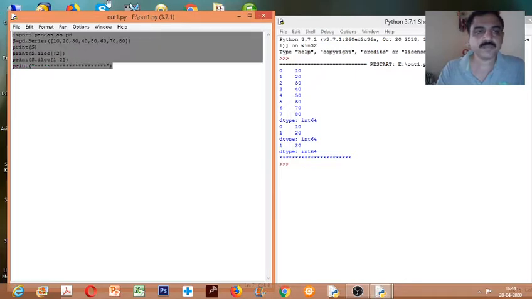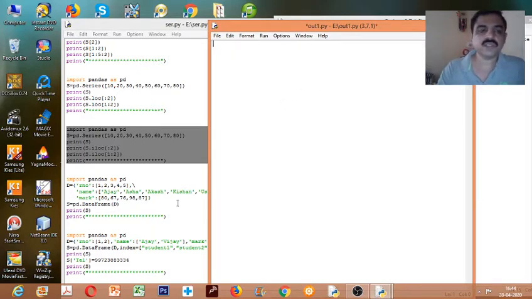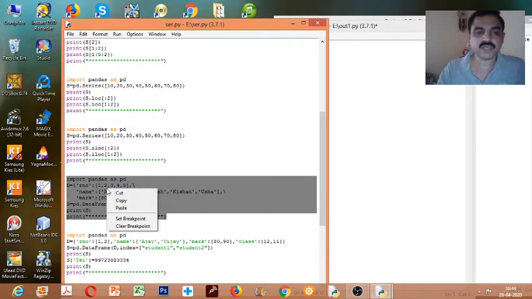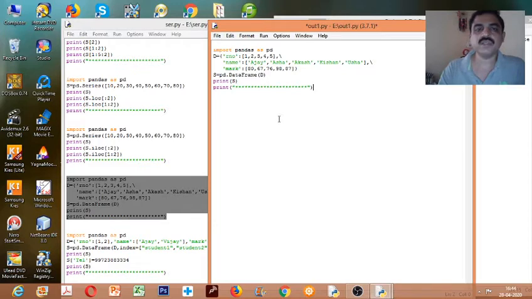So let us see the next example. Till now we saw some examples on series. Now let us see data frames. We'll create a data frame from a dictionary.